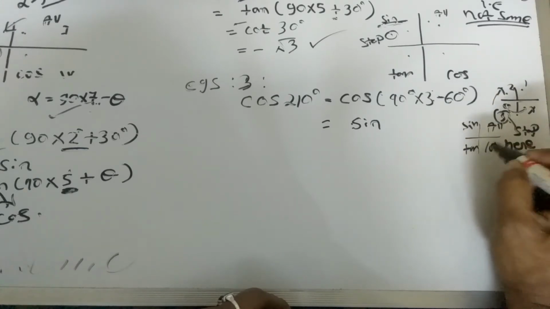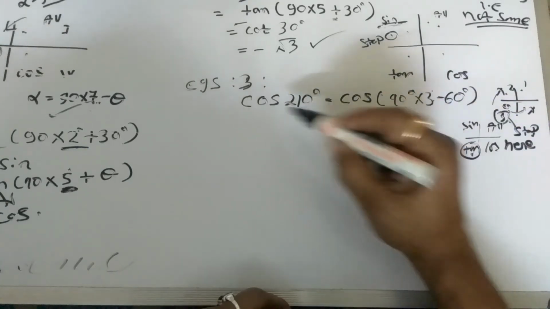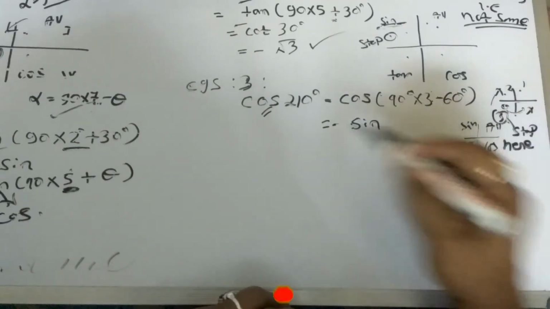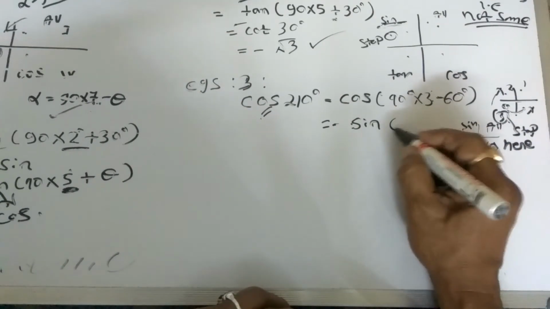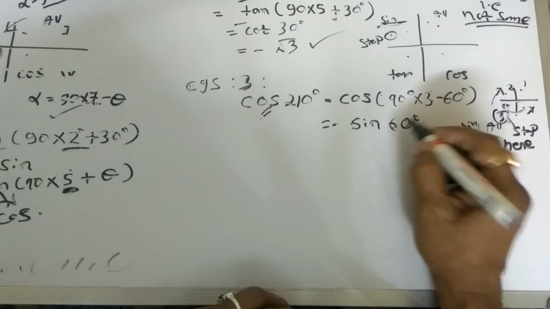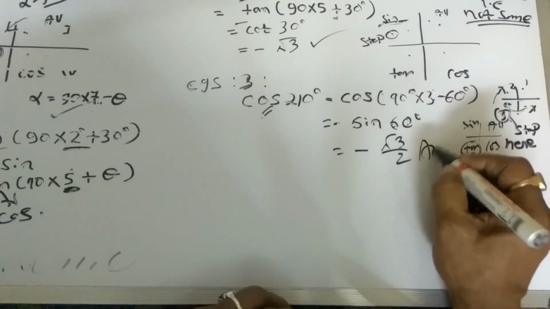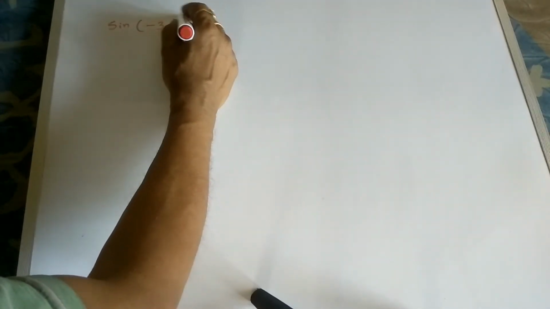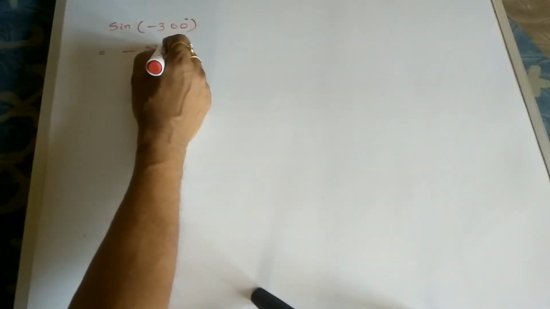Okay, so this is sine tan, this is tan, and that is cos, so not same, so minus sign, and it is odd, that is the sign. I think for these three examples all the rules have been shown. You can give other examples also clearly without seeing the rules. Try to guess the answer what it should be.